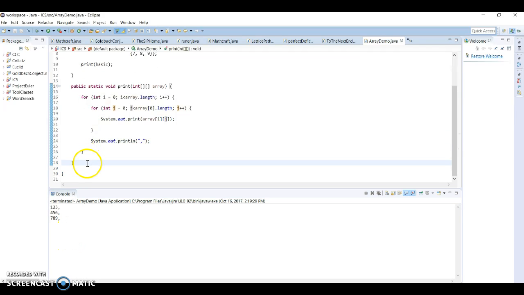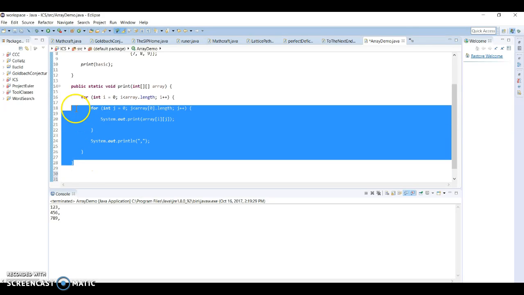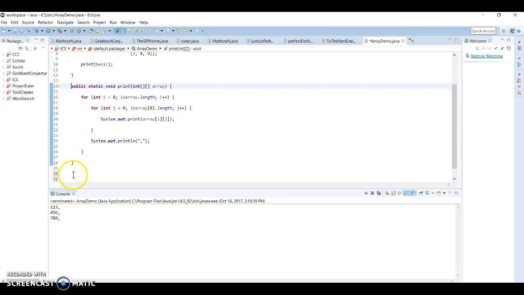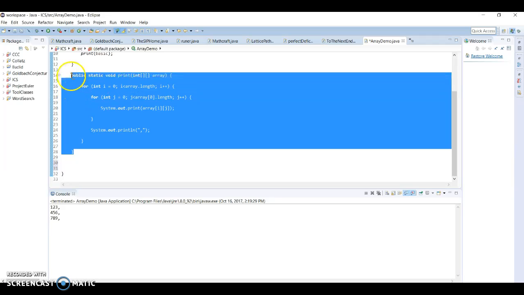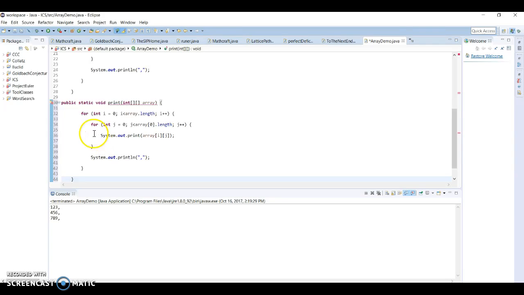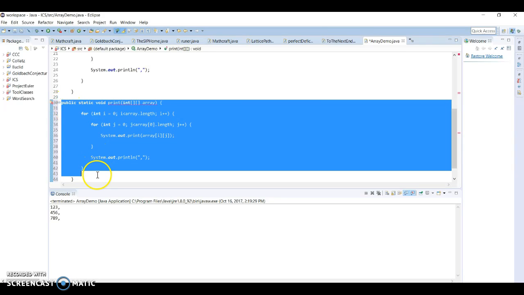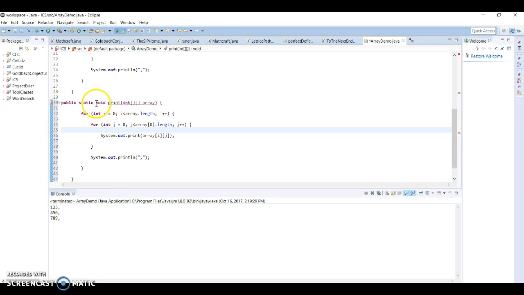Now in printing out the entire array, we've basically traversed each element in the array and did something on it. So we didn't have to print it. What we could do is we now have the power to examine every element in the array. So for example, if I had